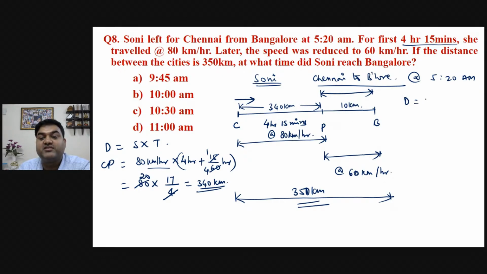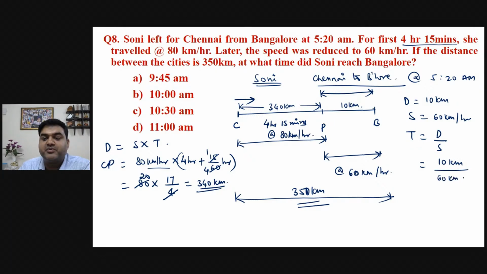Between P to B, what is the distance? 10 kilometers. What is the speed? 60 kilometers per hour. So how much time will it take? Time is equal to distance by speed. Distance is 10 kilometers, speed is 60 kilometers per hour. Kilometers get cancelled, 1 by 6, so 1 by 6 hour. So the time taken between P to B is 1 by 6 hour,